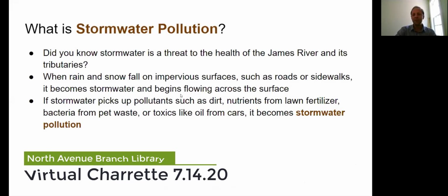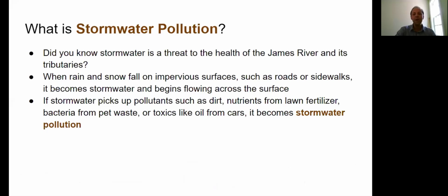Just a quick refresher for anyone that's not familiar with stormwater pollution. Stormwater pollution is a threat to the health of the James River. When it rains or snows, rain and snow falling on impervious surfaces can run off, and when it runs off of surfaces like roads and sidewalks, it can become stormwater pollution, carrying sediment, dirt, nutrients from lawn fertilizers, bacteria from pet waste, and toxics from oil, like toxics from cars that can be carried into streams and rivers, creating stormwater